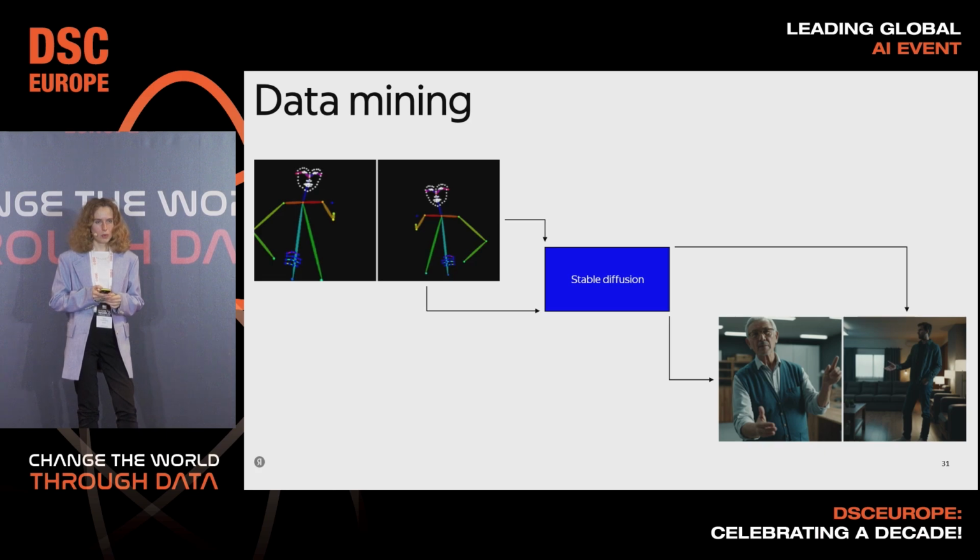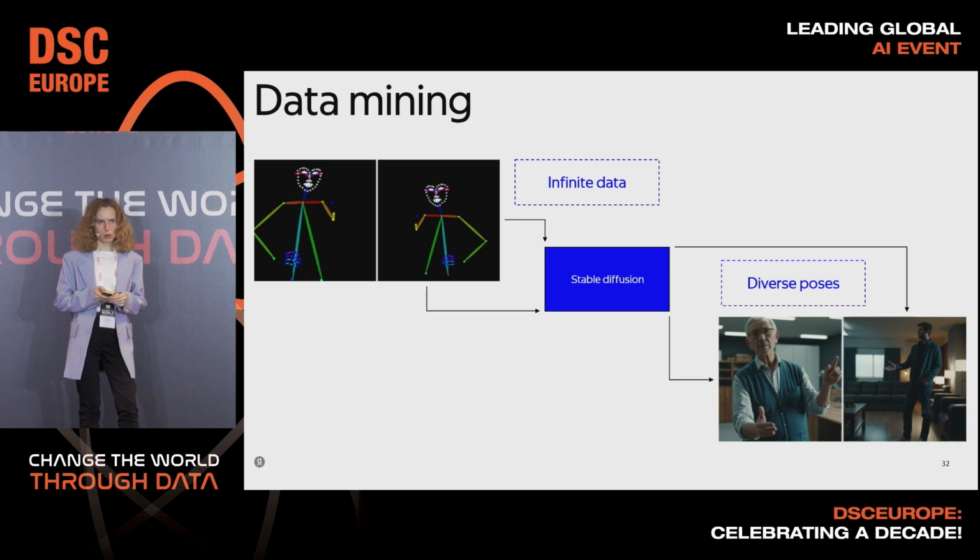The second way was using generative models. We found that Stable Diffusion could be conditioned on a human skeleton, and this way we could condition this model and get images of people with very diverse poses. So we made this skeleton labeling with hand key points for our data, and then generated a lot of images with Stable Diffusion.